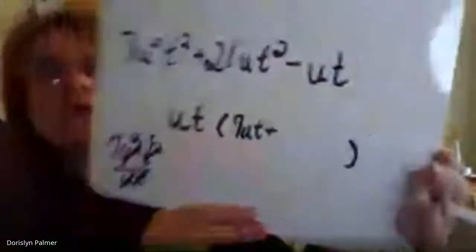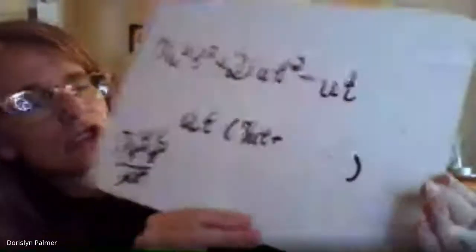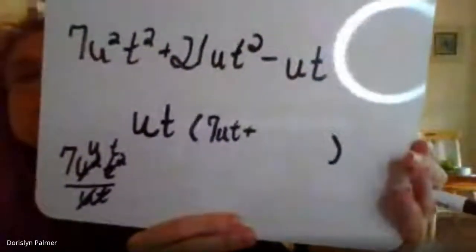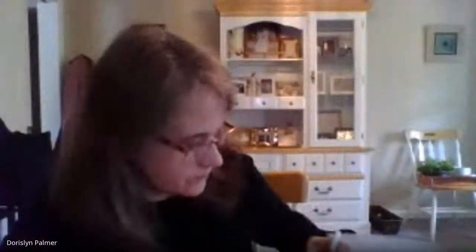All right, we put our plus sign. Now we have 21UT squared. We have to divide that by UT. So the 21 stays. The U's are going to cancel out, but I am left with one more T. So that's a 21T minus,